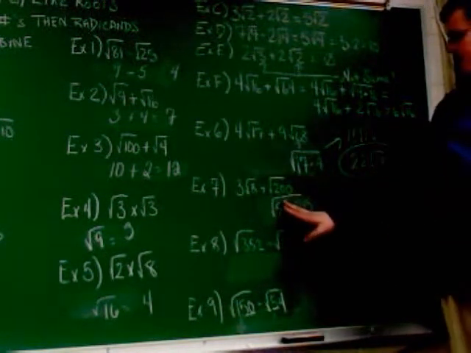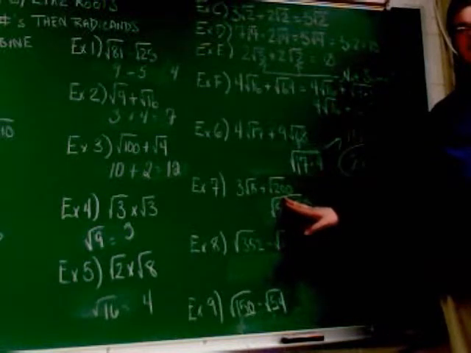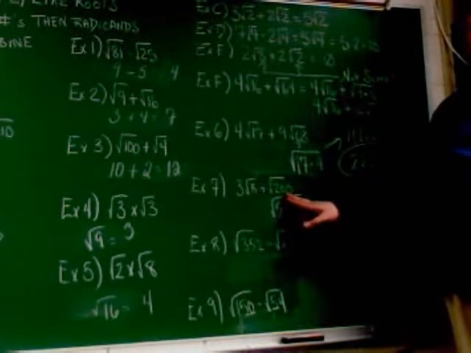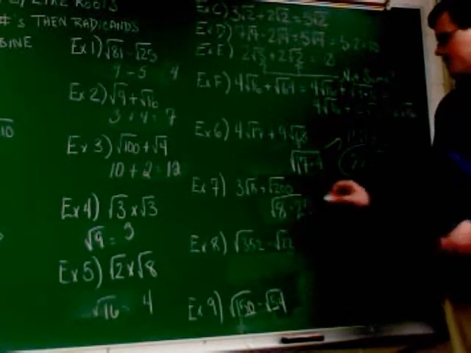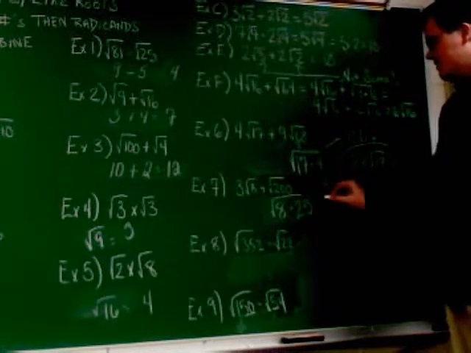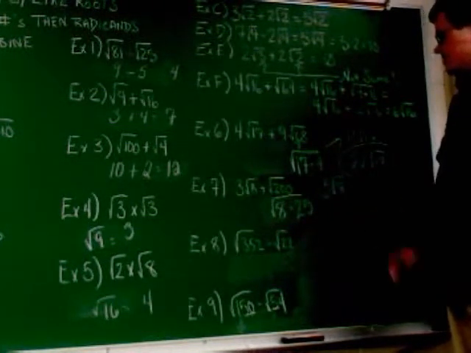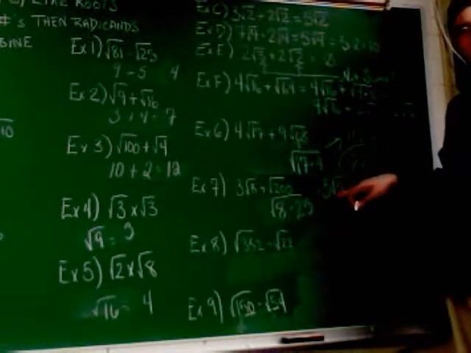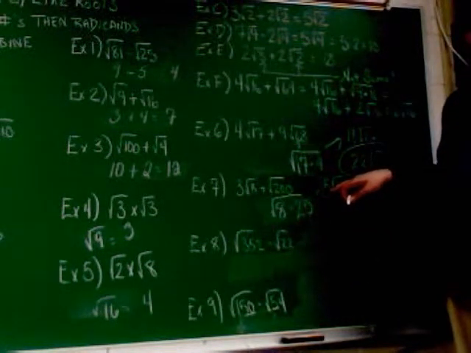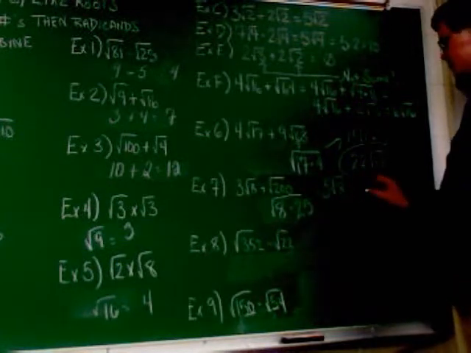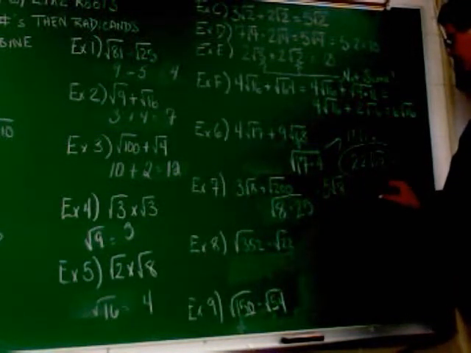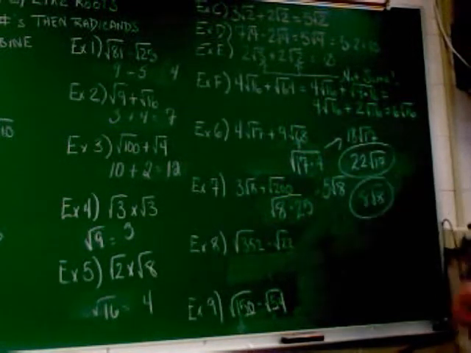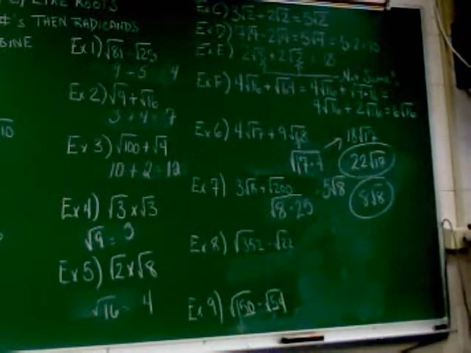Right. Now, if I covered up the 8, it'd say root 25. What's the square root of 25? 5. So that's coming out as a 5. So that's the same as 5 root 8. So if I have 3 root 8s and I add 5 root 8s, how many root 8s do I have? 8 root 8s. Oh my gosh. I was right. All right, next one. Root 352 minus